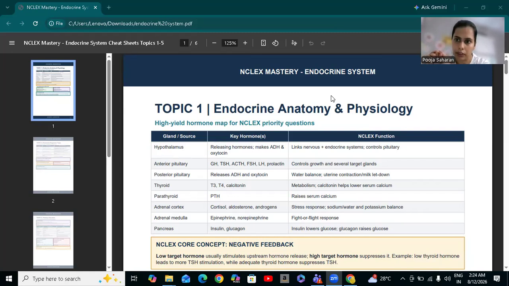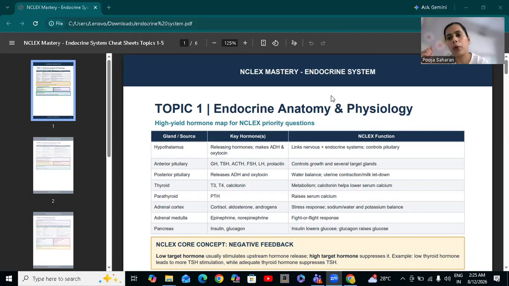With this I remember one thing. Sometimes we call the anterior pituitary adenohypophysis, and the posterior part is neurohypophysis. So don't get scared of these terms. Whenever you see these terms in your question, don't worry about it. They are talking about the pituitary gland, adenohypophysis and neurohypophysis. Got it?